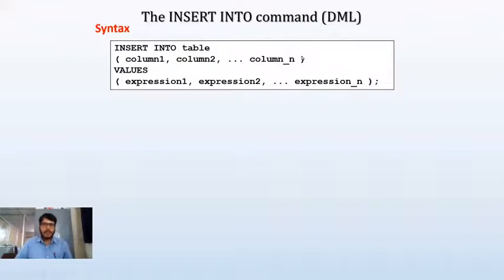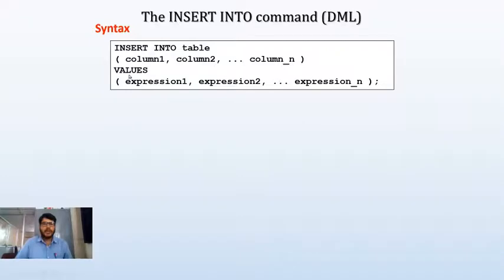After this, what we need to do is use the VALUES keyword. So, INSERT INTO table name. After the table name, we should specify for which columns we are going to insert the values. The column names should be within a parenthesis, separated with commas.